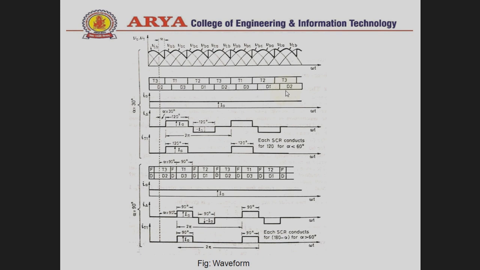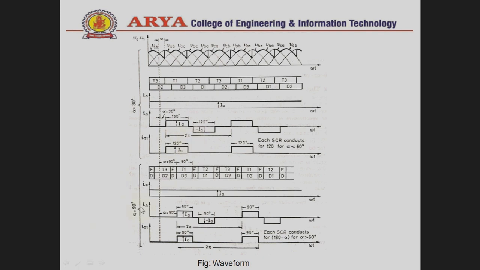The armature current is constant, and this is the phase current. Phase current means line current. Line current is only drawn for phase A. That's why when T1 is working, only then is the output voltage drawn, and T1 is connected with D1, and when D1 is connected, we draw these waveforms. IT1 means the thyristor current waveform when T1 is considered. That's why this waveform is only for T1, and each thyristor conducts for 120 degrees. That's why we write 120 degrees here.